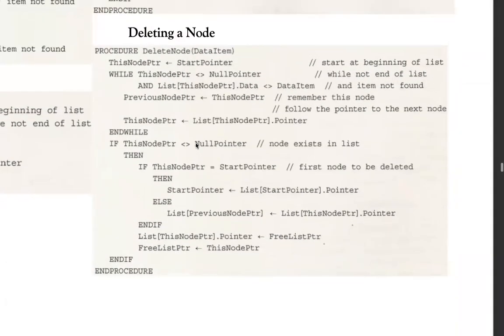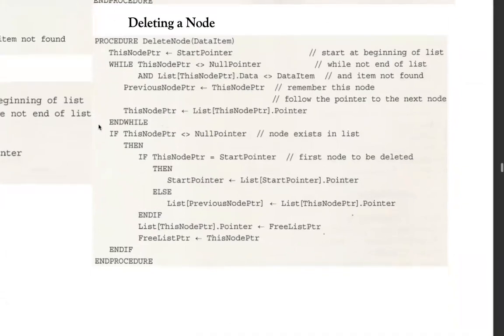And I will keep on doing this until either I've reached the end of my linked list, or I have found the node that has this data item. And until that doesn't happen, I will keep on moving ahead. And this is how I keep moving ahead. First, keep record of the previous node, then move on to the next node. Okay. Now I have